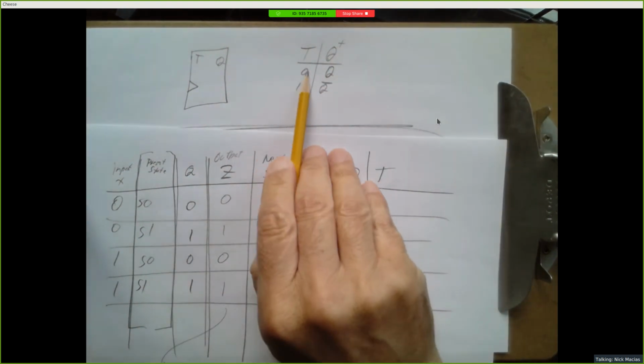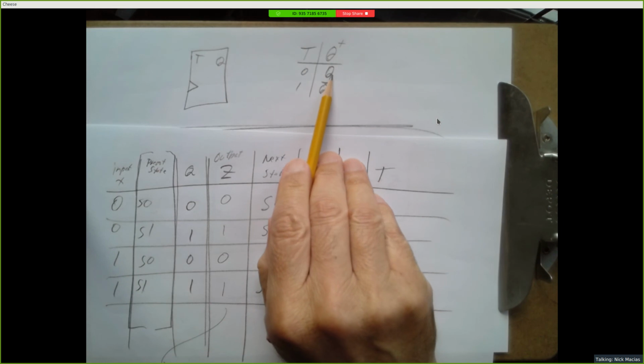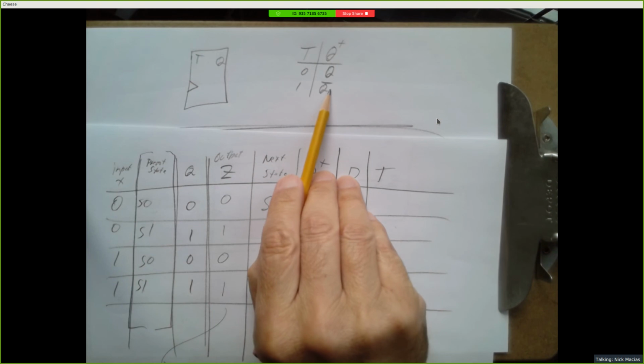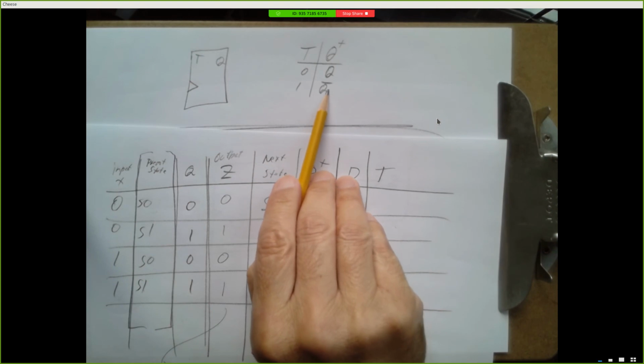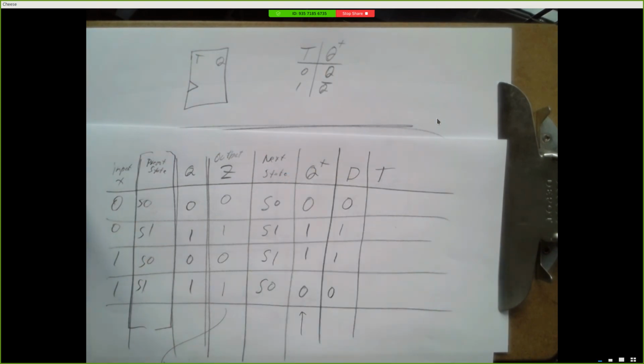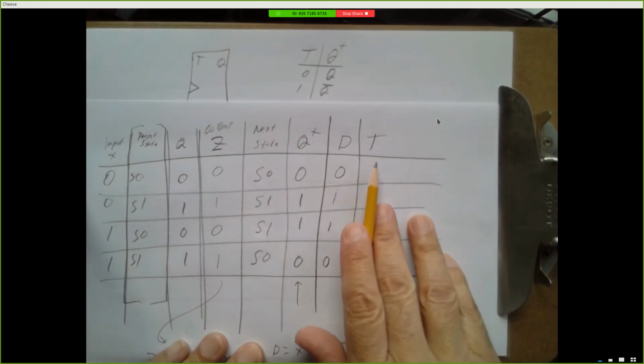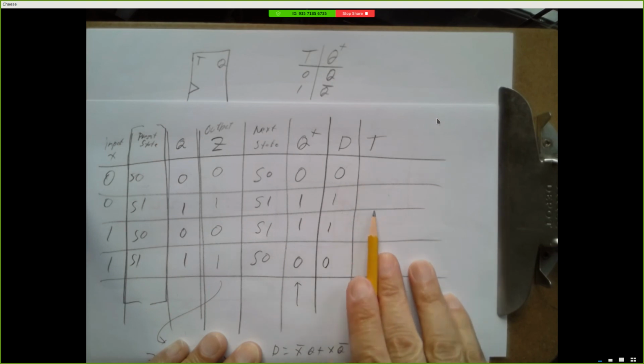Right? If T is 0, my new value is the same as the old. If T is 1, my new value is the opposite of the old. It toggles. Alright, so using that idea, let's fill in what we want the T input to be for each of these